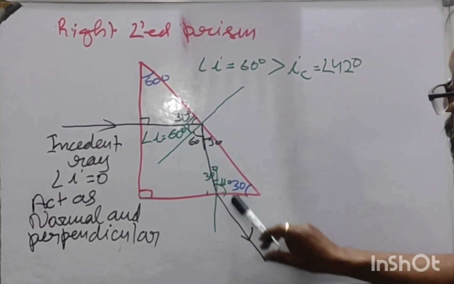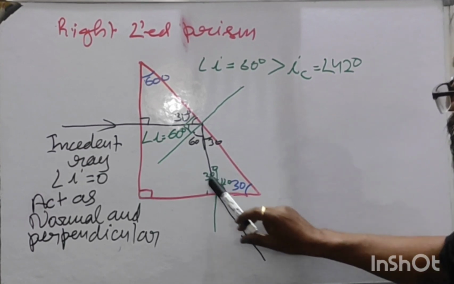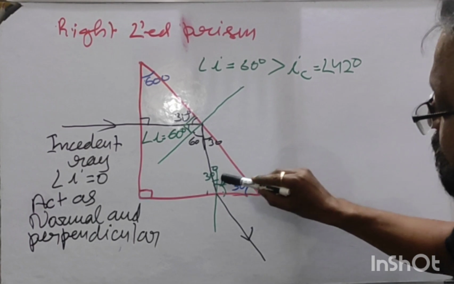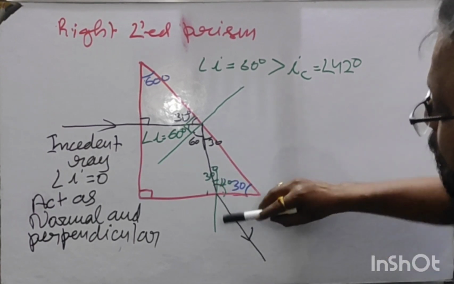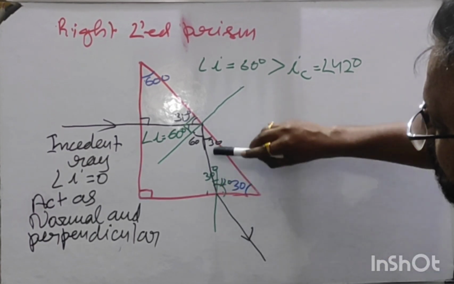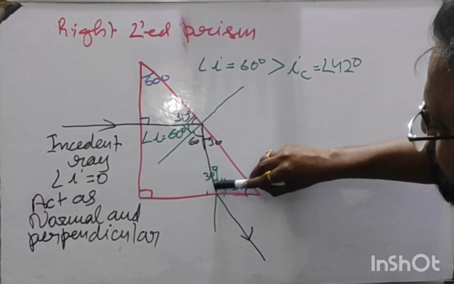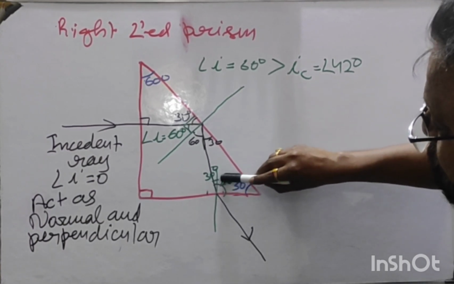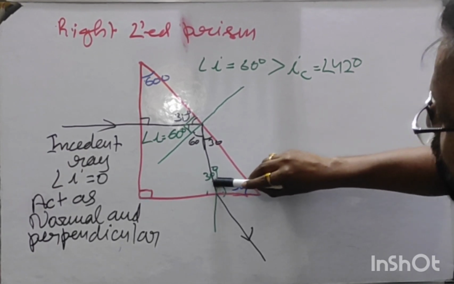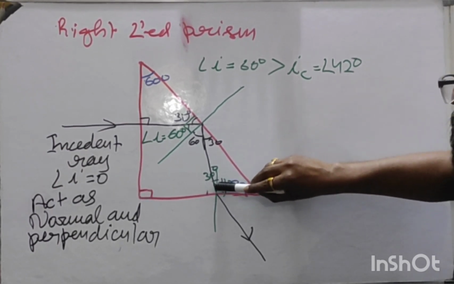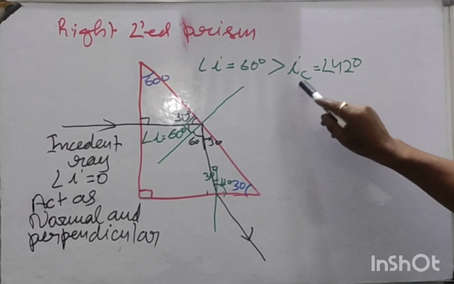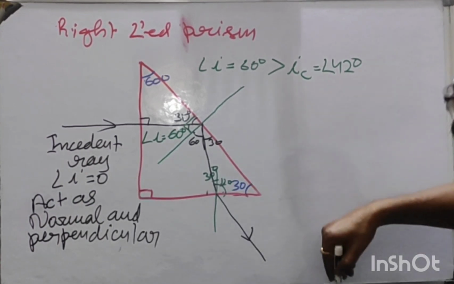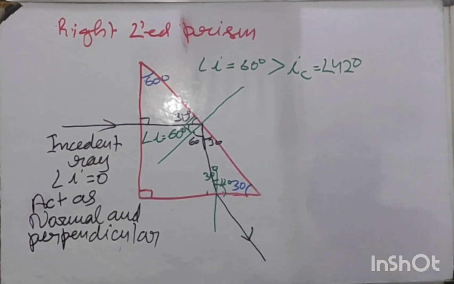So this whole triangle angle will be 120. This angle will be 120 degree, right? And the normal is making 90 degree. So 120 minus 90 becomes 30 degree. So this angle you see is 30 degree. When this angle is 30 degree, the angle of incidence is less than critical angle. So it will come out. So the light ray comes out,